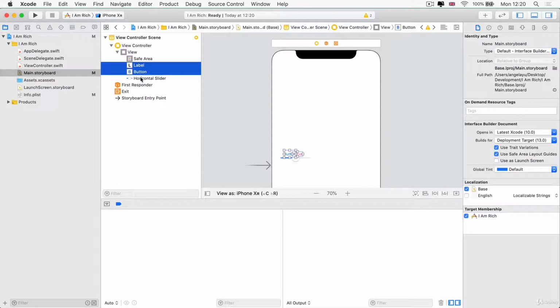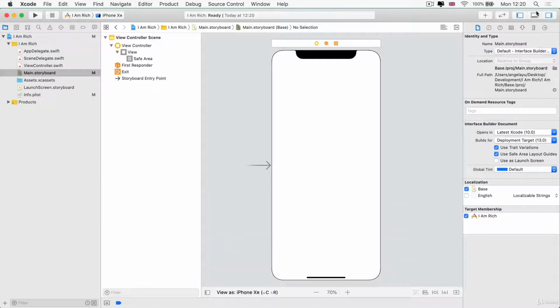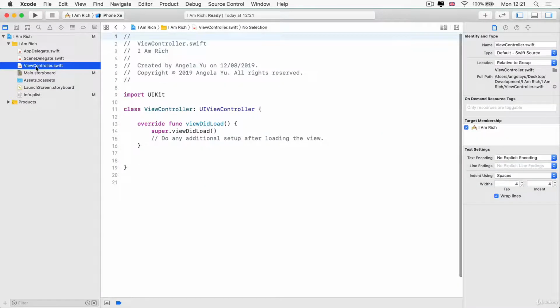So now I'm going to go ahead and delete everything that I have on screen. I don't need it anymore. And I'm going to pop the bottom area away to give myself as much space as I can. And I'm going to go over to the viewcontroller.swift file to take a look at it. Now, this is where most of your code will live. So when you want to change the behavior of your app, then you're going to be writing some code right